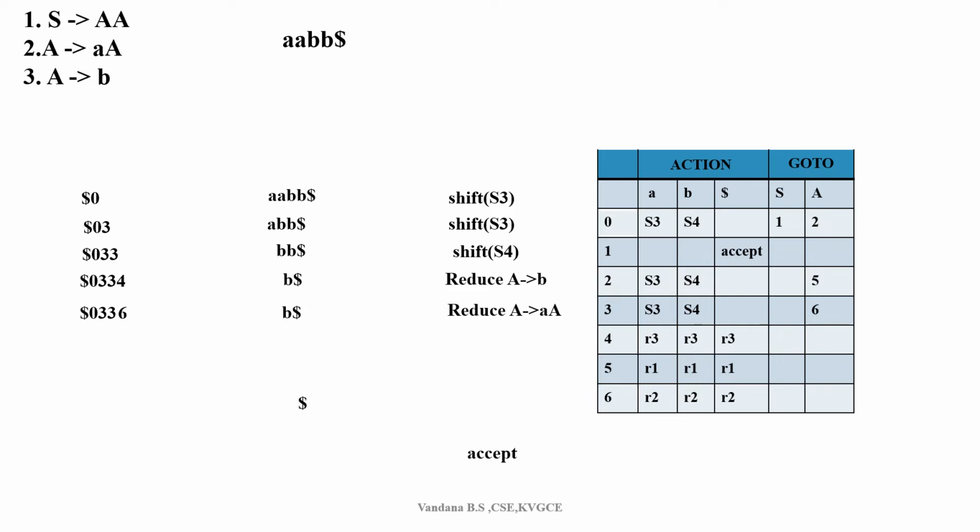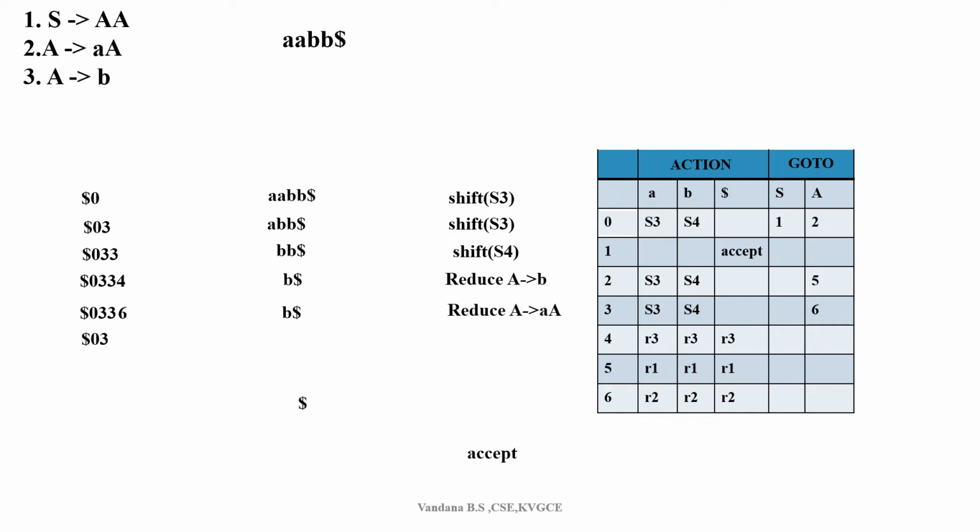In the previous example, we studied the shift reduce parser, right? We had a confusion about whether we have to shift or reduce, and also, for reducing, how many symbols in the stack we have to reduce. That was our confusion. So here, A derives small a capital A, so on the right hand side there are exactly two symbols. Depending on that, we have to pop exactly two symbols from the stack. So what is the content of the stack now? I popped out two symbols, hence the remaining content is 0, 3.